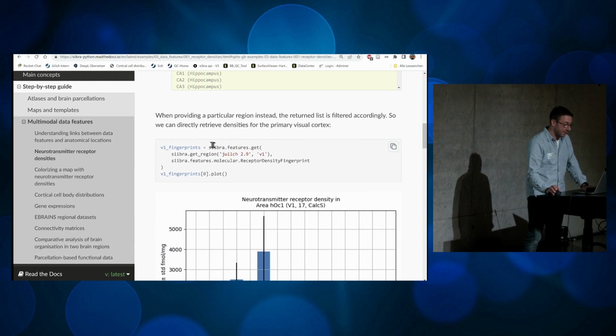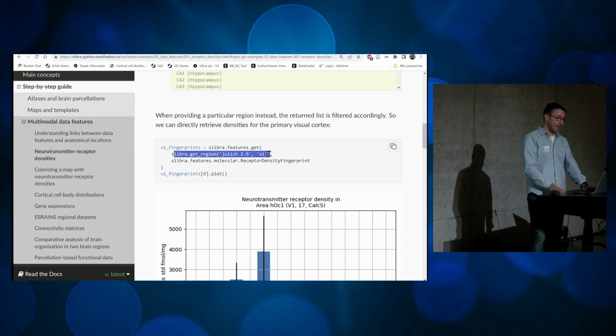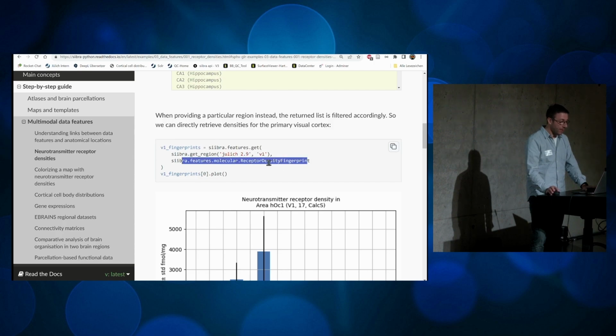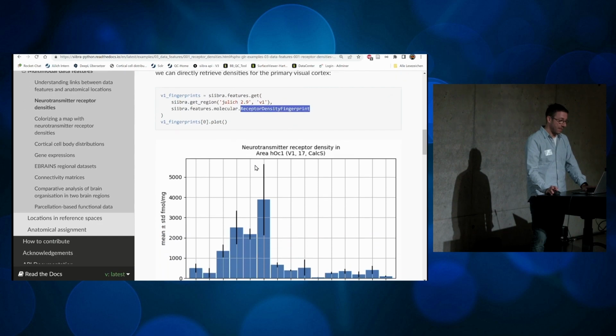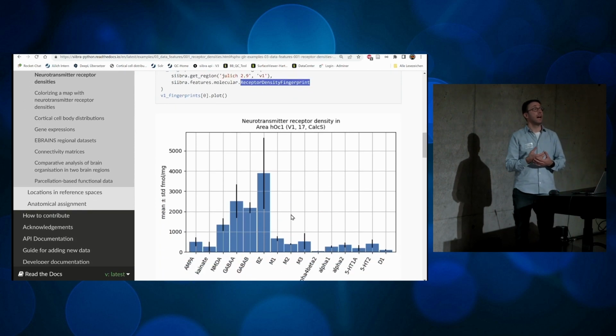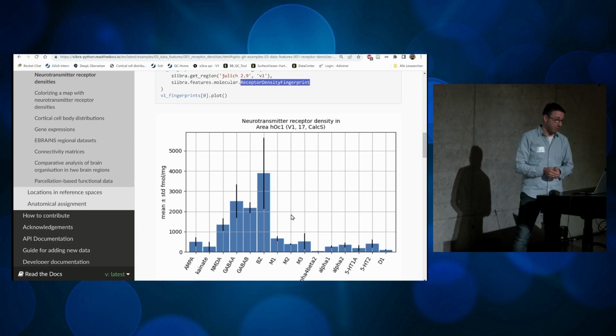You see here that this works exactly the same way. So I call siibra.features.get. That's what we just did as well for the 1 micron sections. And then again, I ask where, and here I put a region. Yeah. So I'm interested to search for receptor data in V1 according to the Jülich brain. Here I also have a version specified. And then I give a different modality here. So the what is a different one. It's molecular features, receptor density fingerprints. And then this will give me the underlying data that we also saw in the viewer for these receptor measurements,